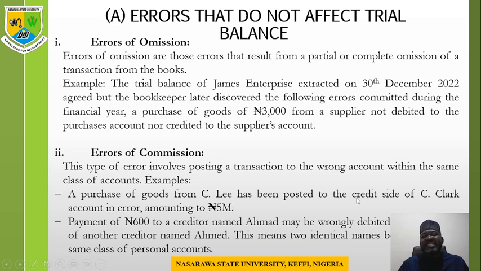Lee's account, C. Clark, another who is probably another supplier, has his account credited instead of that of C. Lee. There is an error committed, but it is an error of commission because both C. Lee and C. Clark fall within the same class of account, i.e. personal account. Second example: a payment of 600 naira to a creditor named Ahmad,